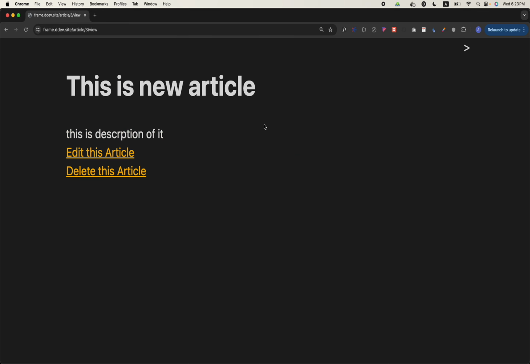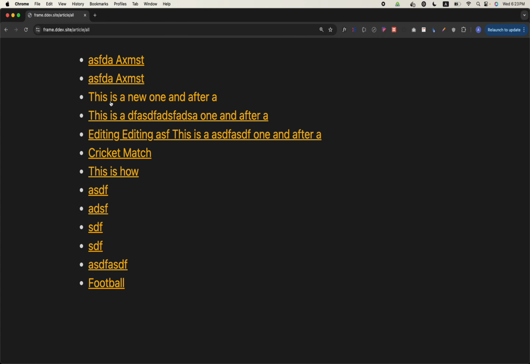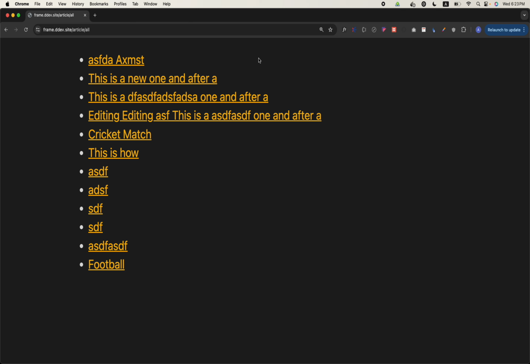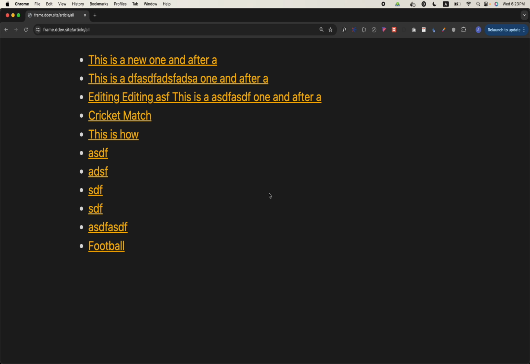and if I click on it, this is new article, right? Now if I delete it, it should prompt me for this, and if I click on yes, hopefully if things are fine. So that has gone. Maybe the first two I want to delete just to check if things are working fine. So if I click on this and then delete, and if I click on yes, and now just one remains, right? Yes. And so all the three things are working fine,